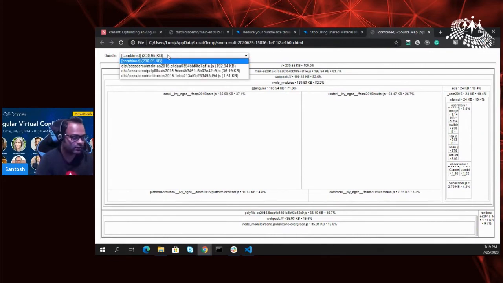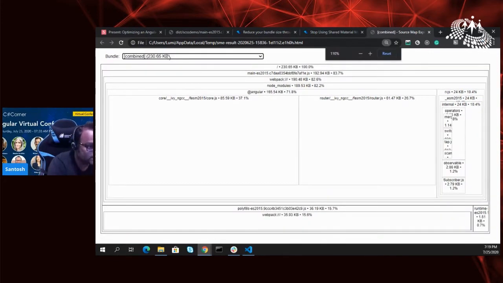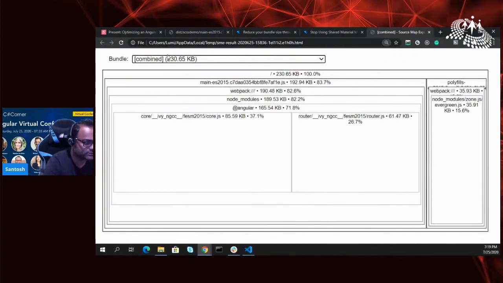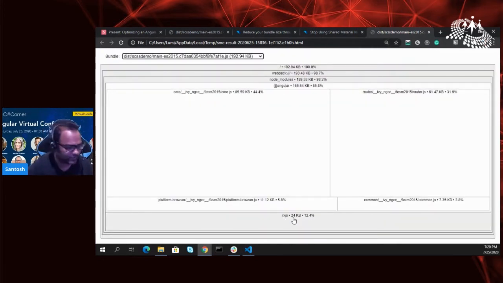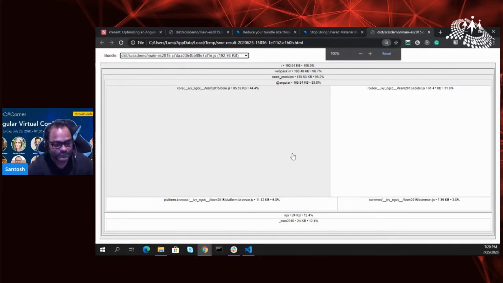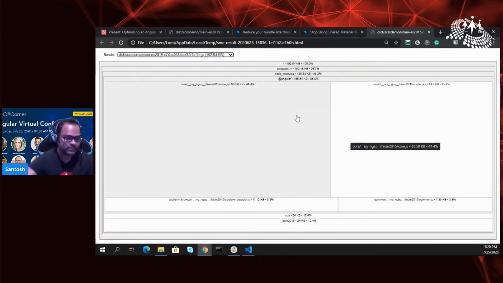So you can see different files, different bundles. Let me just increase the font size, so it should be visible now. Whatever different bundles we have in our application, it will give you all the bundles which are there. And here you can see my application: Angular is responsible for 165 kb. Then we have something coming from Ivy, something coming from router, and similarly something coming from RxJS. In case your application size is huge enough, you will be able to see SRC, because the first thing which it will show you is the largest bundle size which is available.